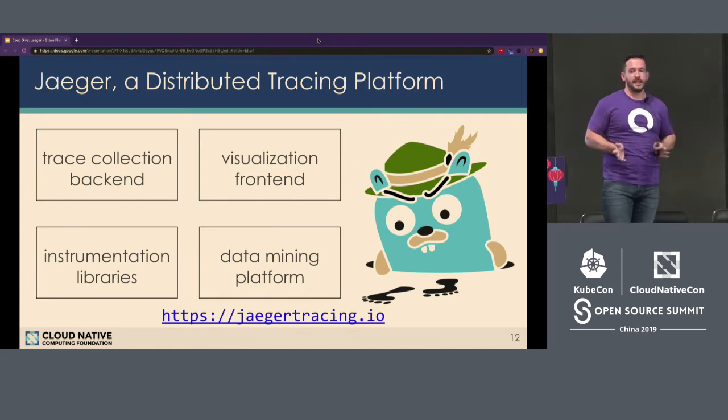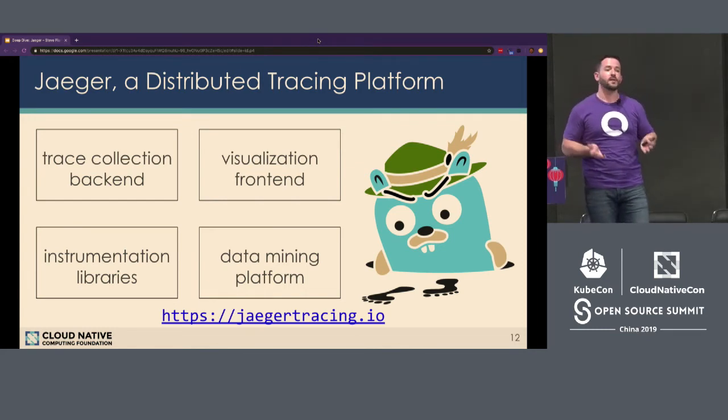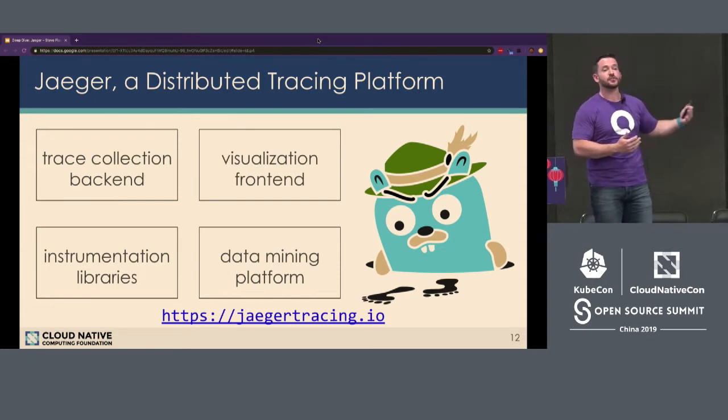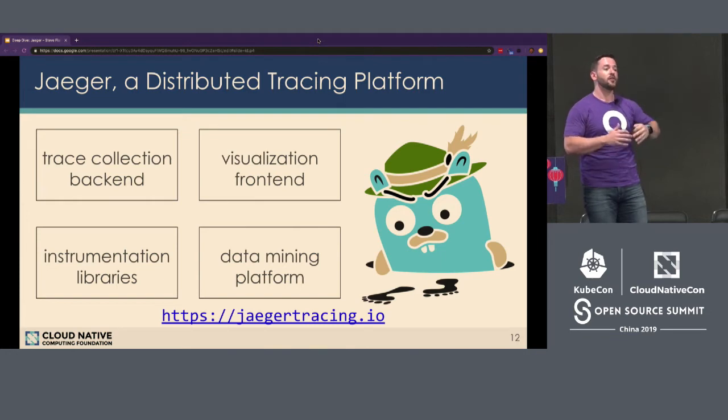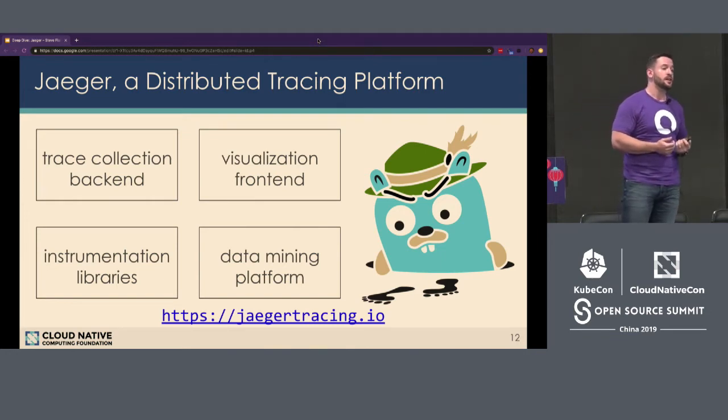Now, what is Jaeger? I said it's a distributed tracing platform. It's actually made up of 4 different components. You basically have in the bottom right, instrumentation libraries. This is how you extract distributed tracing data from your application so that you can consume it. Then you have the data mining platform.